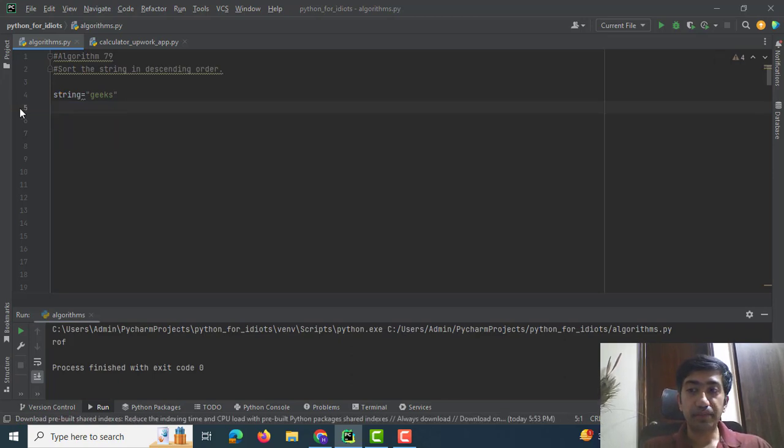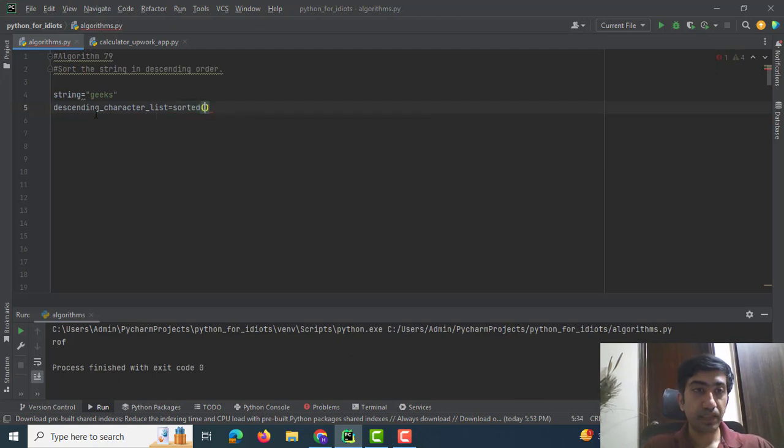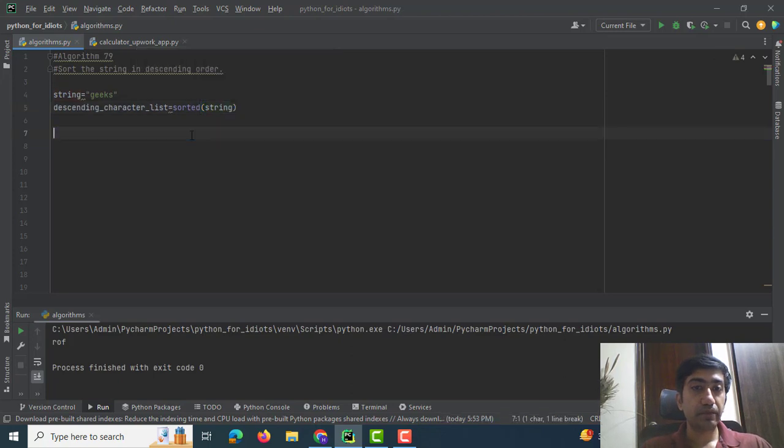So let's make the algorithm. I would first sort the string in a list by using the sorted function, descending characters list. I would use the sorted function and I would pass in the string. Now we need to take note that sorted function would return a list of iterables. So if I print descending character list,